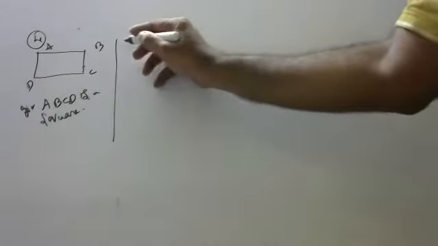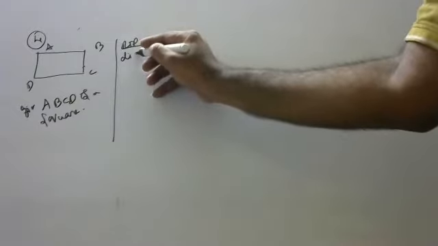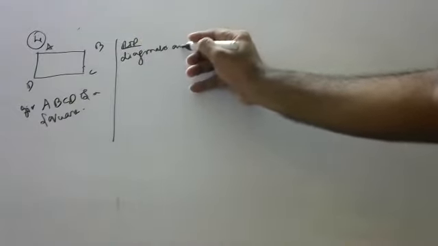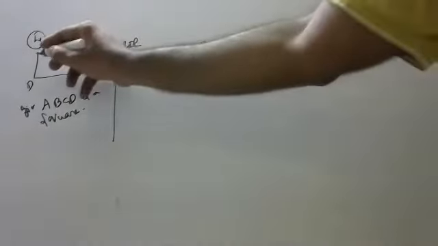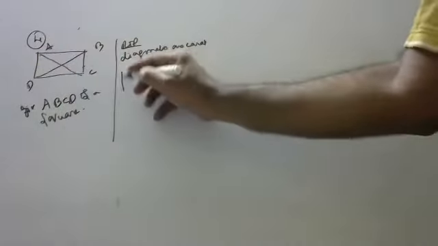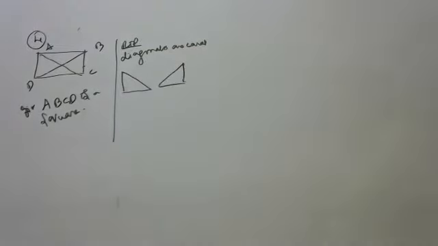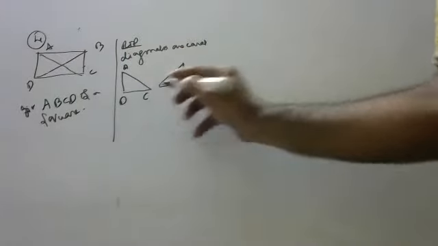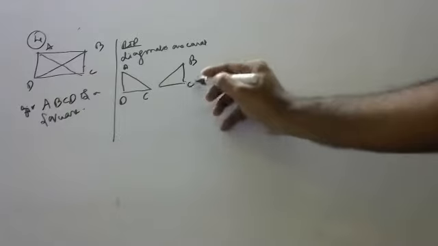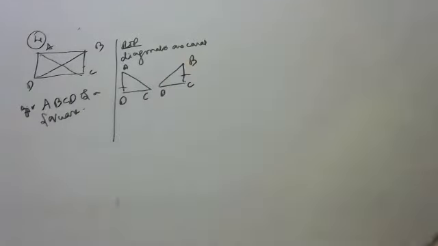First, he's asking us to prove that diagonals are equal. Those who want this proof, first I am doing it separately. I want to divide this and this separately. This I will put here, and this triangle I will separate and put separately. So this will be ADC and this will be BCD. Children, this and this are equal. Can anyone say why? Sir, all sides are equal in a square.